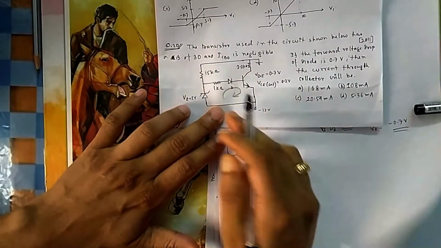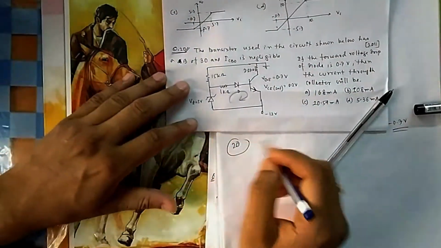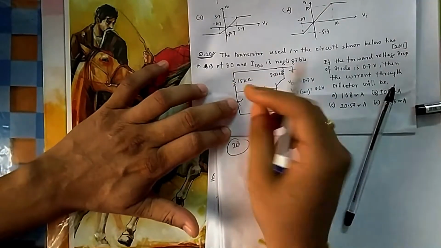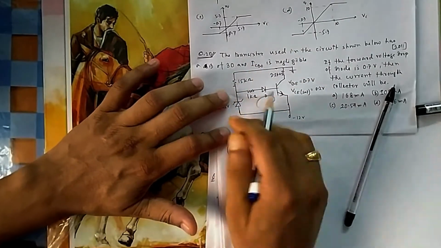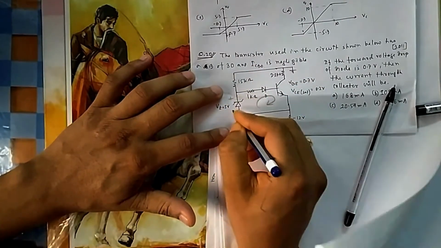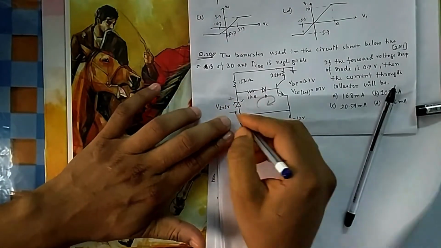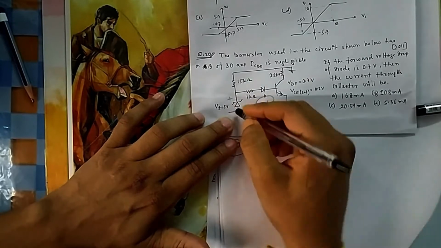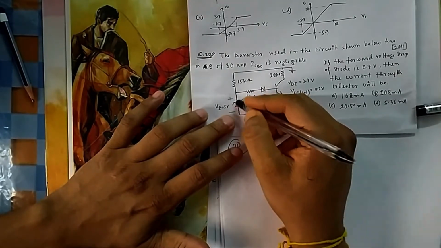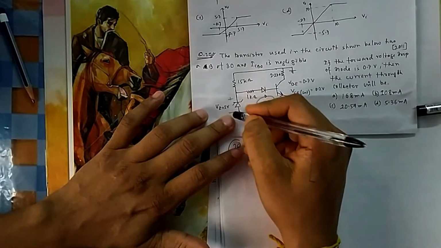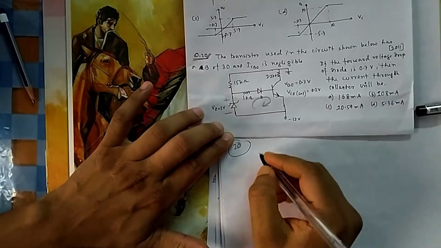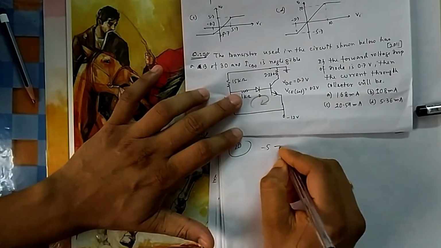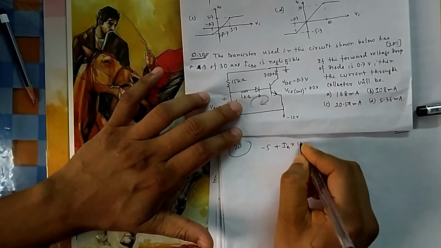If I take a KVL here, VZ is the breakdown voltage, and it will obviously occur because this is at -5 and this is at 0. If I open all this, this is at 0 and this is at -5, so the Zener will be on. We know the Zener breakdown voltage is in this format. We always consider this plus and this minus, but because it is operating in reverse bias condition, the reverse happens for the Zener. So it will be -5, and then because the current is flowing in this direction, plus IB into 1 kilo.